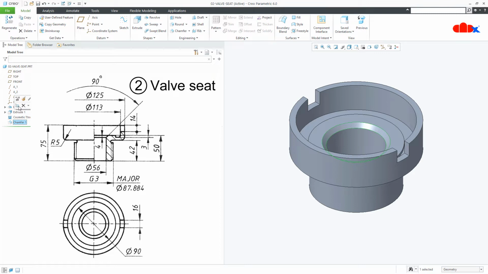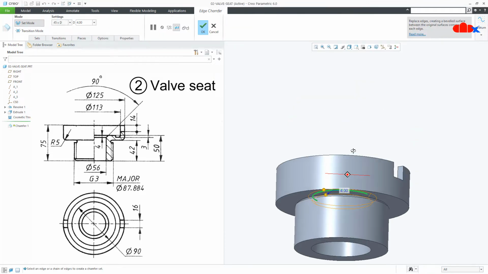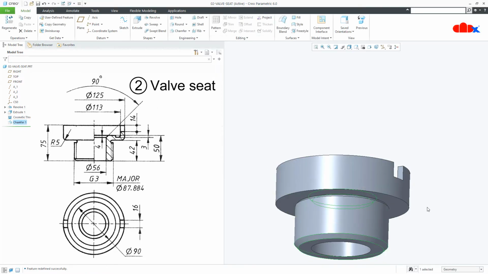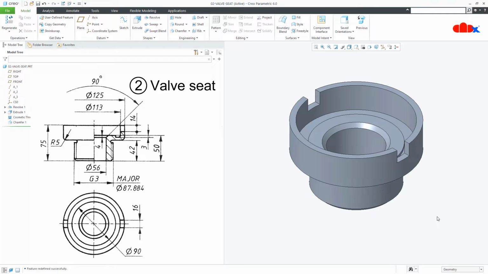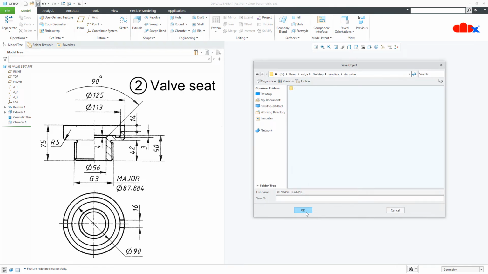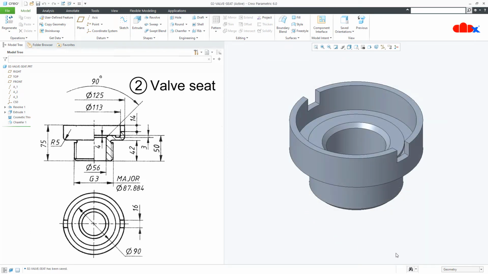So just go and edit it, hold the control key and select this edge. Say OK. So both the edges are added in the same feature. Now the second part is over. Save it. So the second part is done.